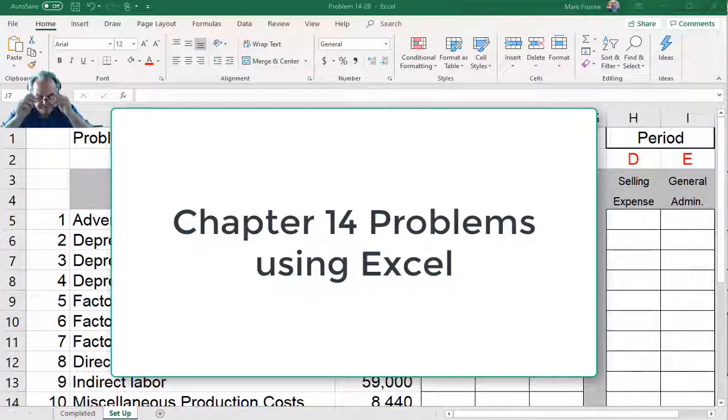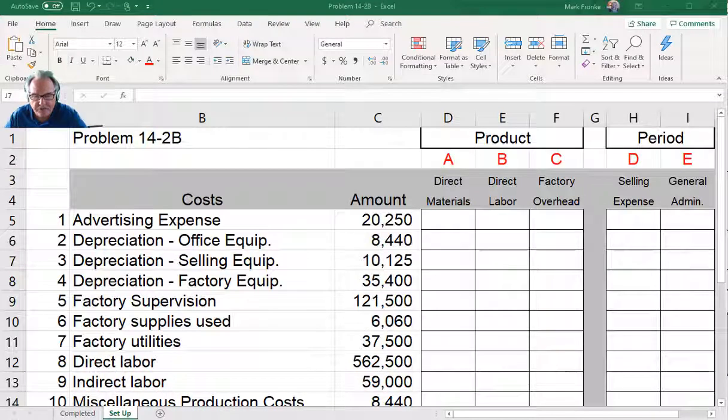Hi guys. This video is the problems in chapter 14. We'll do problem 14-2b first. It is on page 565. What they've given us is a list of costs, and they've asked us to categorize these costs in one